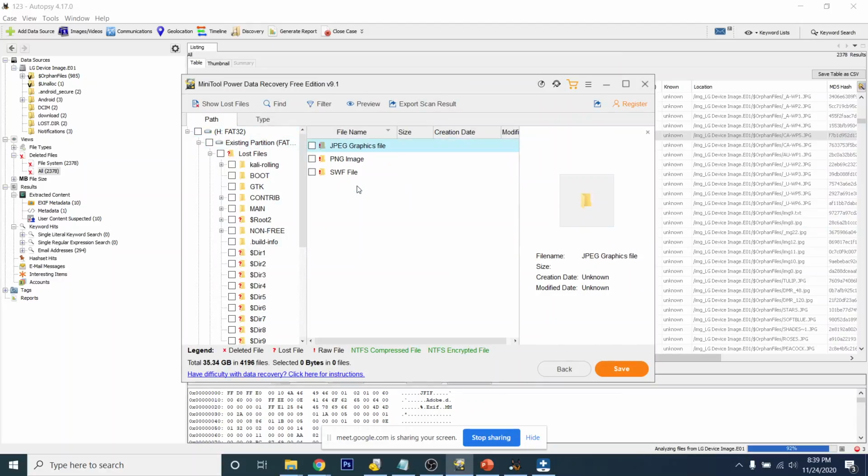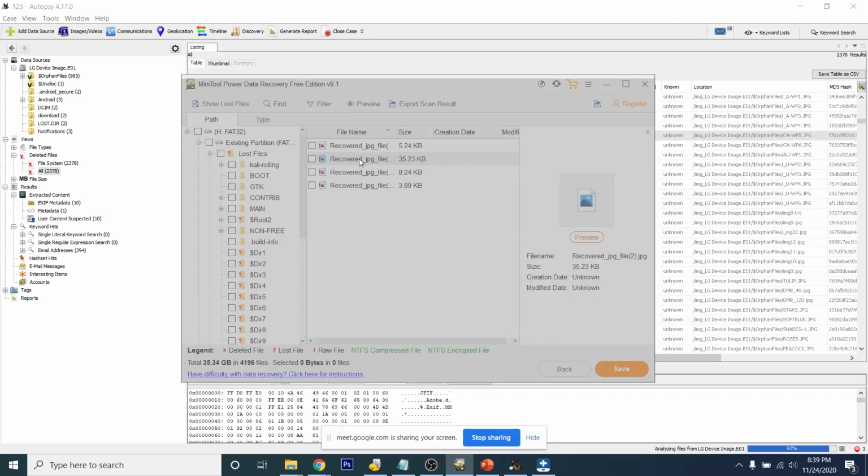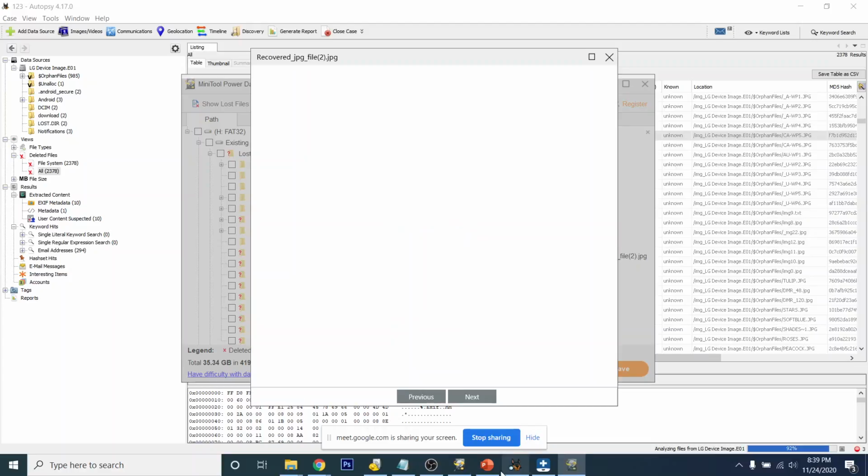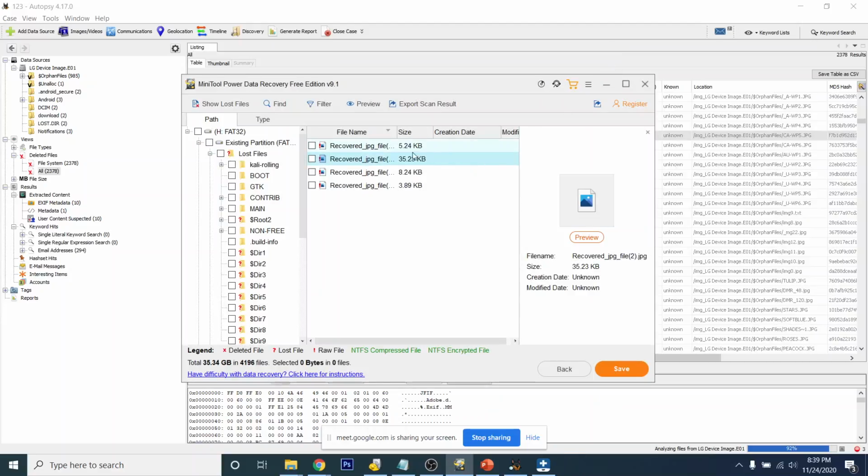Existing FAT32 more lost files JPG. I think there was an option for hex values. I don't remember where it was. Show lost files. I think it was on Recuva.